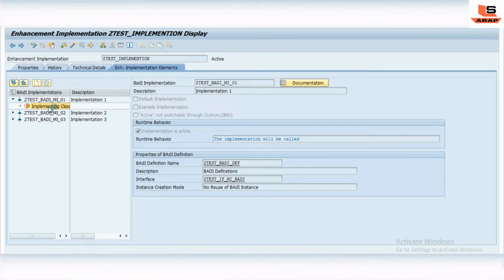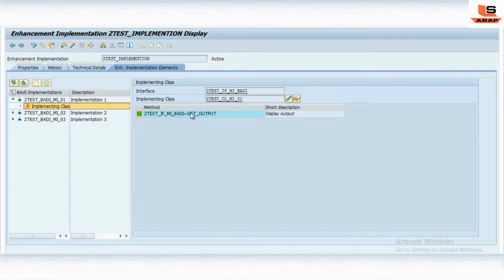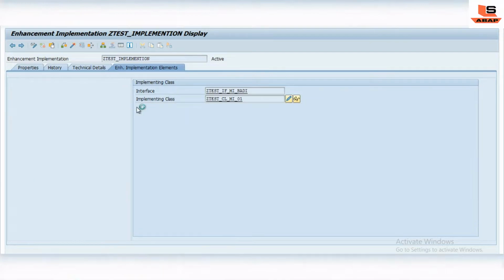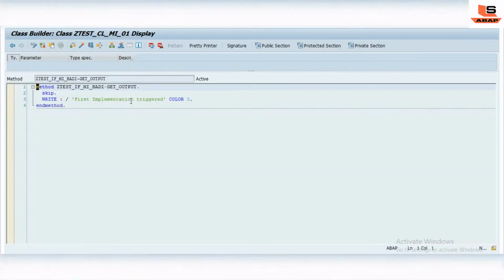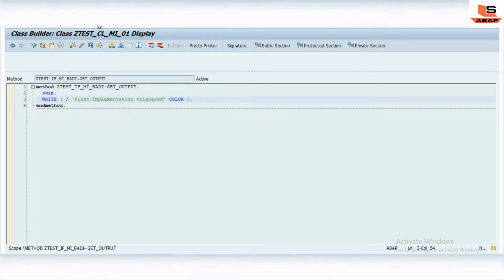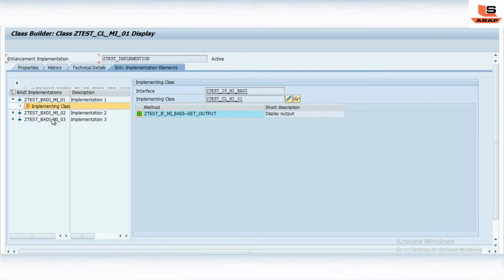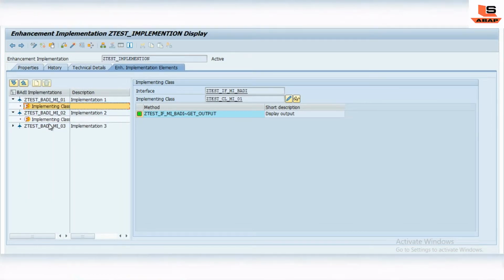In this implementation we have an implementing interface method, and inside this interface method we have a sentence saying first implementation triggered. The same thing we have done for the second and third implementation also. I will show you the code inside this also. This is the second implementation.